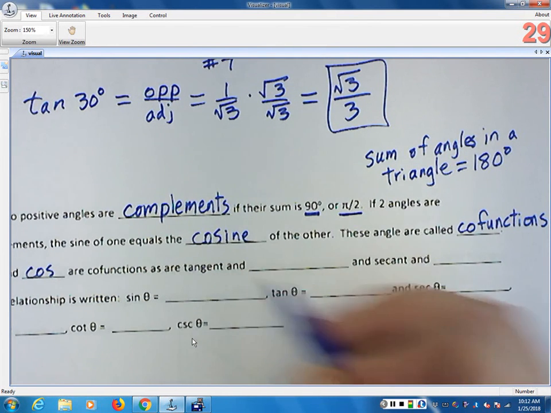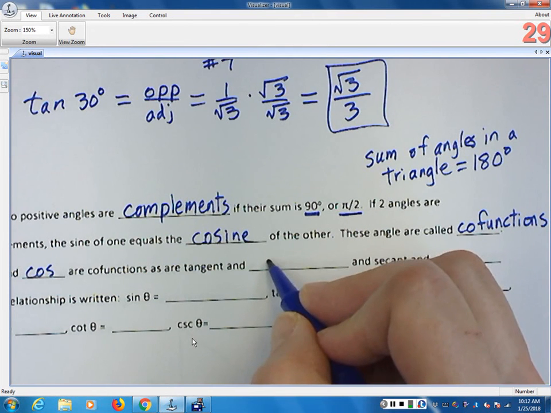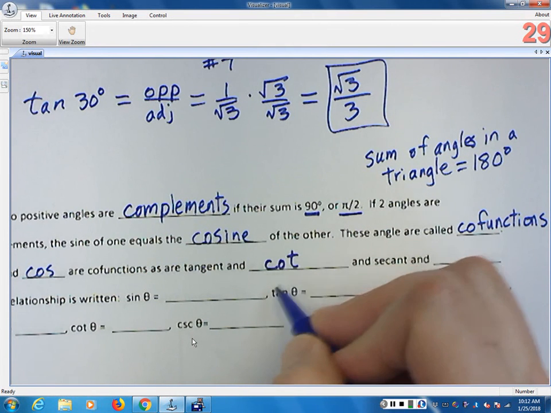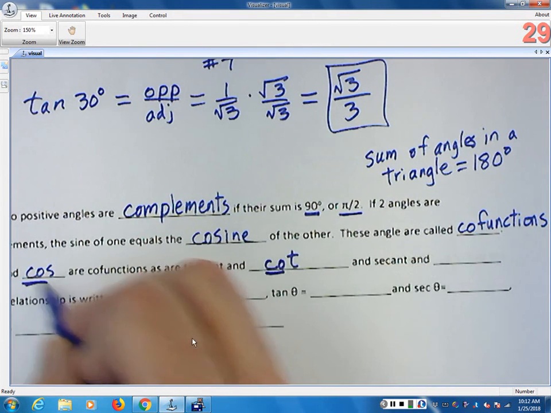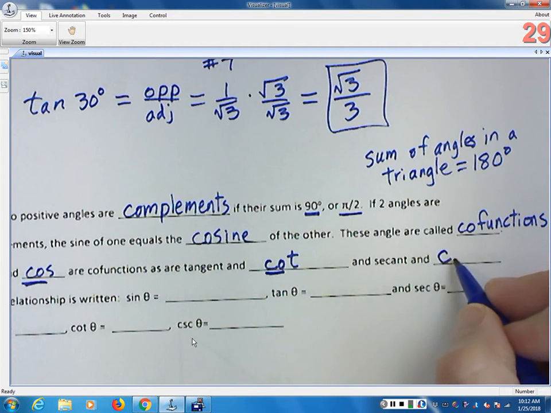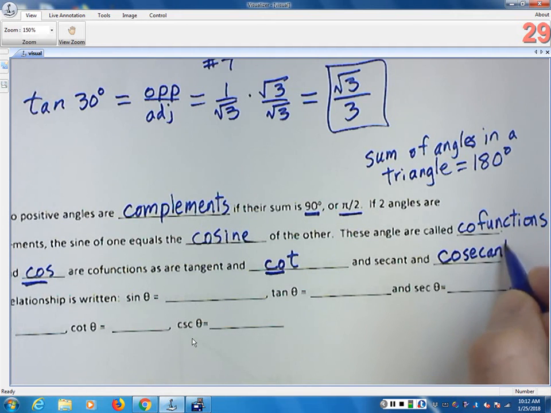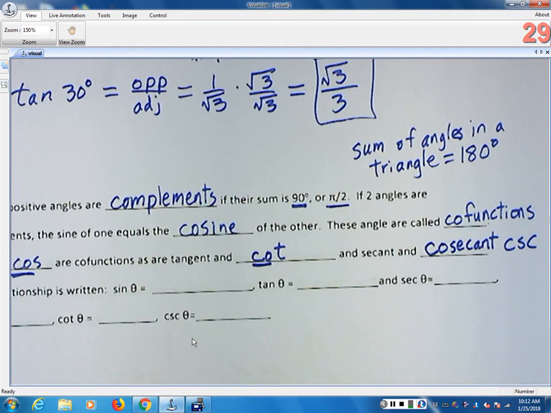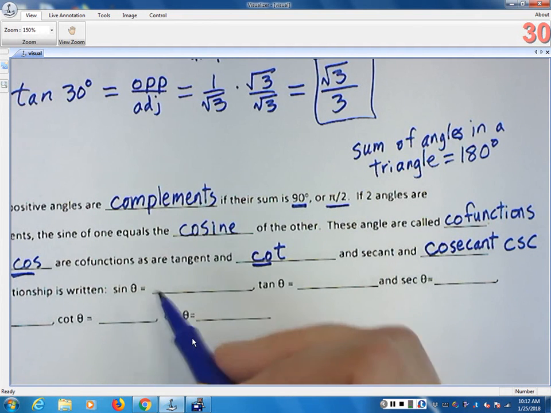As are tangent and cotangent, that's why it's got the co. And secant and cosecant, which is abbreviated CSC. This relationship is written as